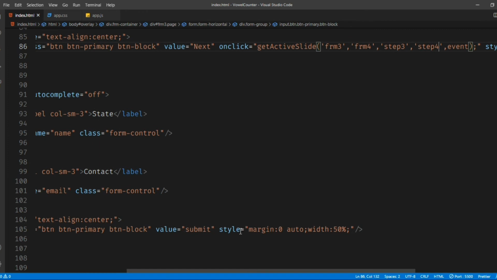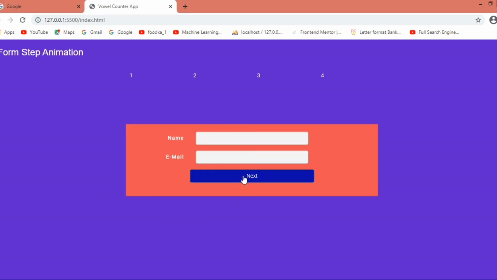Now this is the end of the form, so we want that to be form 4, and we don't want that particular step to reiterate back to step 1, so step 4 to step 4. Now doing just this much, as soon as you hit next, you can just see all the things have changed, right? It's looking better.